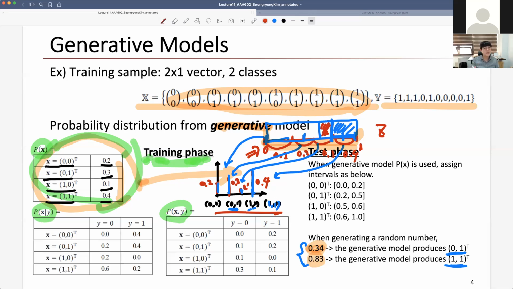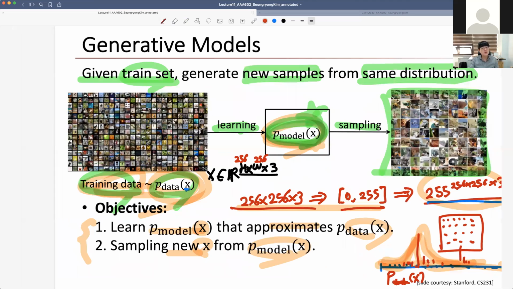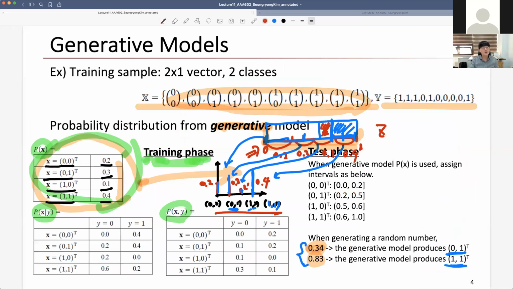In this case, the generated x value will follow the linear distribution of the input data x. So this is one thing we can do with the generative model. Okay, so as you can see here, if we already know the input distribution,